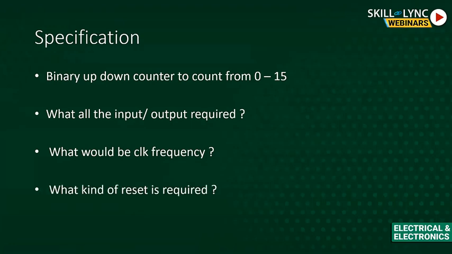Then what are the different kinds of reset that could be required? The resets could be active high or active low. What is the behavior of the counter when the reset is active high? What is the behavior when it is active low? What if the count and the reset come at the same time? What if I'm coming out of reset and at that time the counter value is getting changed? What scenarios can we have with all this? It will come under the reset test case scenarios.